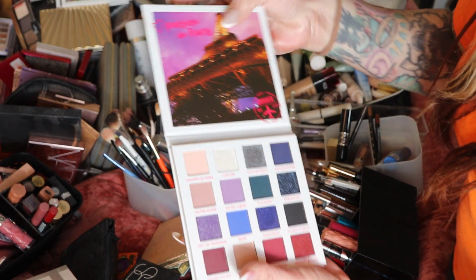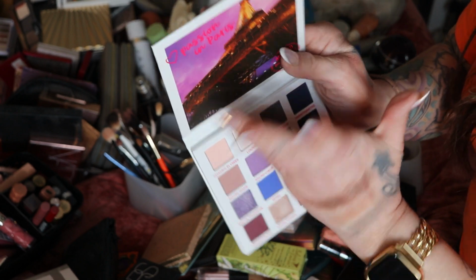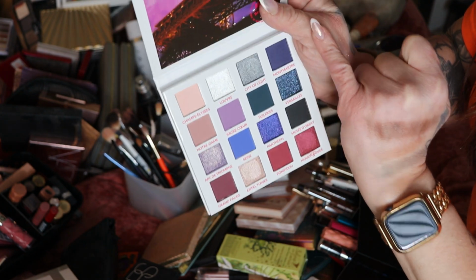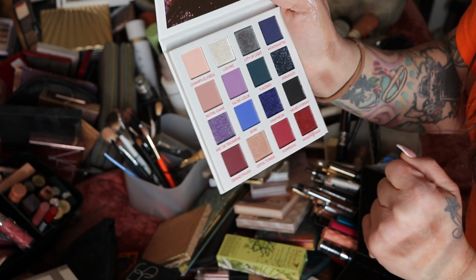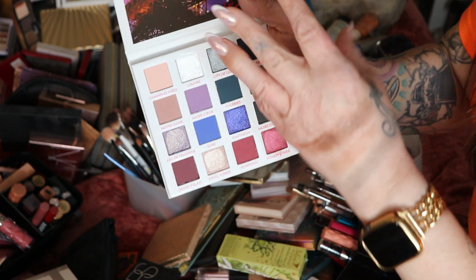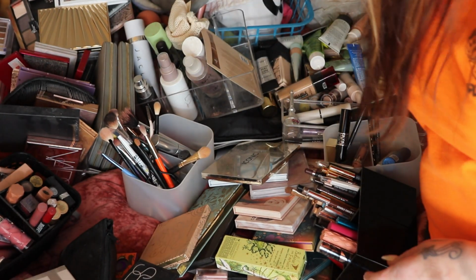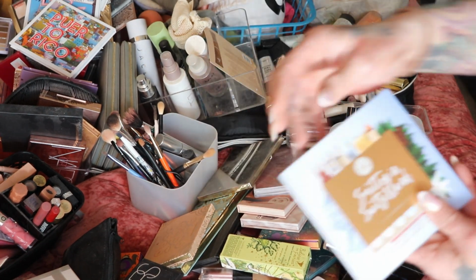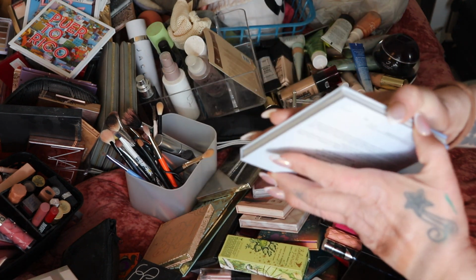Paris, somewhere I'd love to go. Oh my gosh. And really, like, this white shimmer does it for me no matter where it is. I cannot get enough of it, and whenever I find it in a palette, I have to keep it. So I'm keeping it, and this moody side over here is giving me life as well. So I'm keeping Paris. All right, and the last one I got was Mitten in Switzerland, again from BH, who's